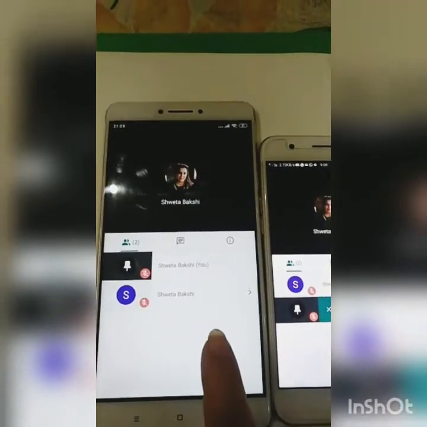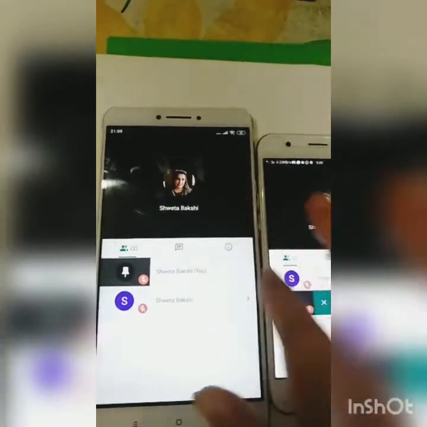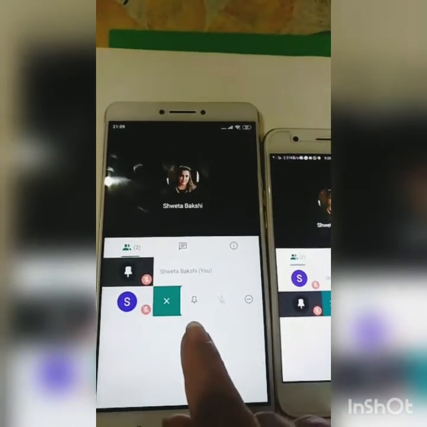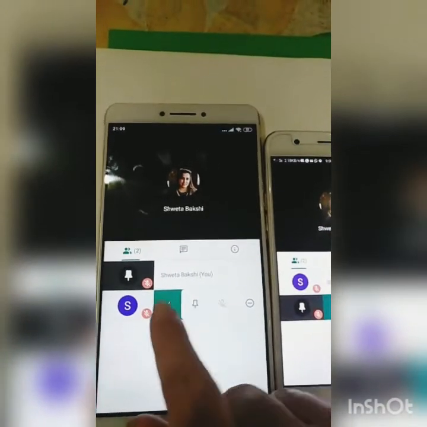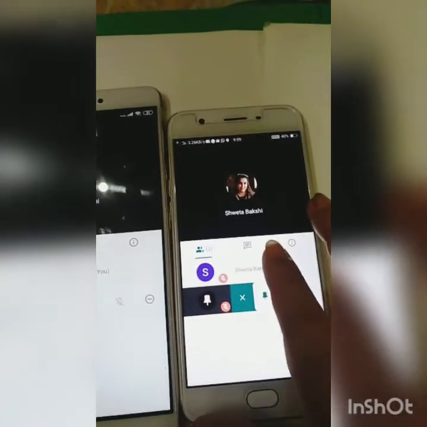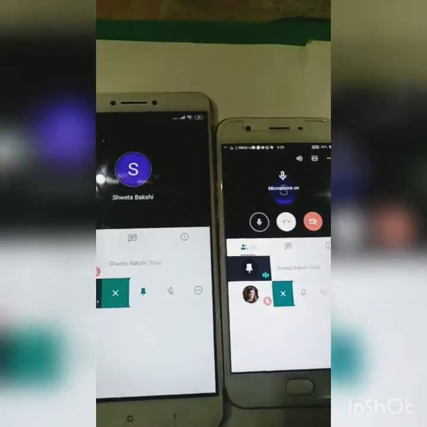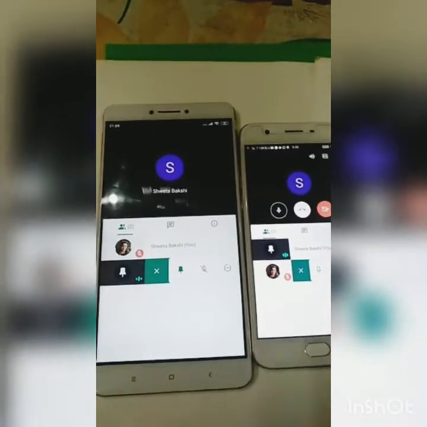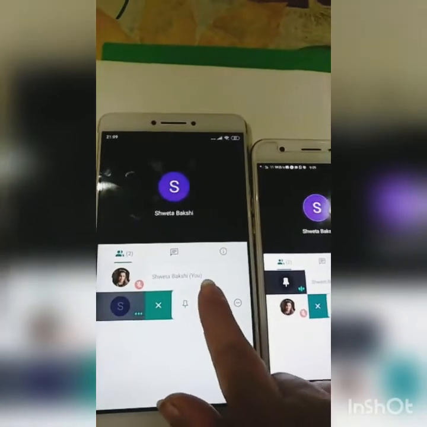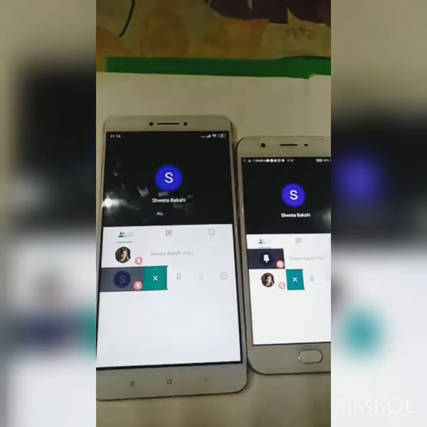Now I'll be talking to you about a few more features given in Google Meet. One is if you have a participant, like I have this participant in my room, I can mute the participant if the person is unmuted. Suppose I unmute myself from here, because if I have to speak then I will unmute myself, and if in case that person is talking and creating a little noise in your class, then you can mute that person from here. So you can mute the person as you are the host of the meeting.